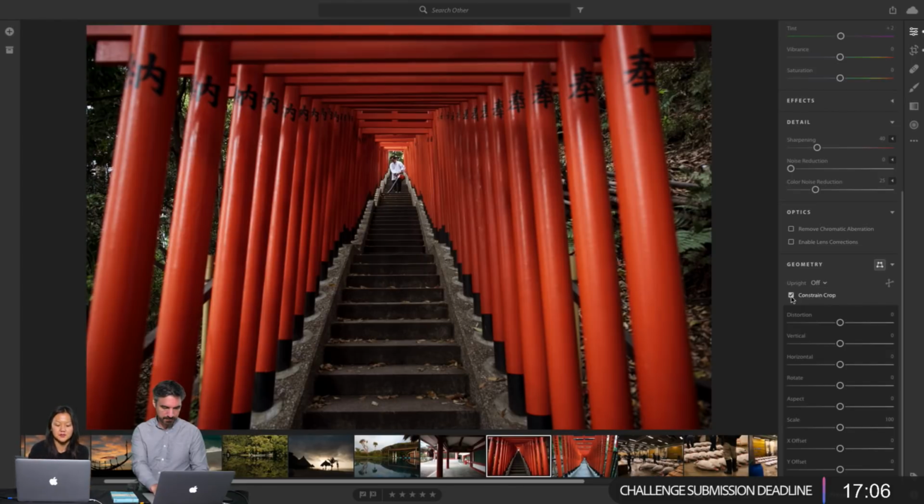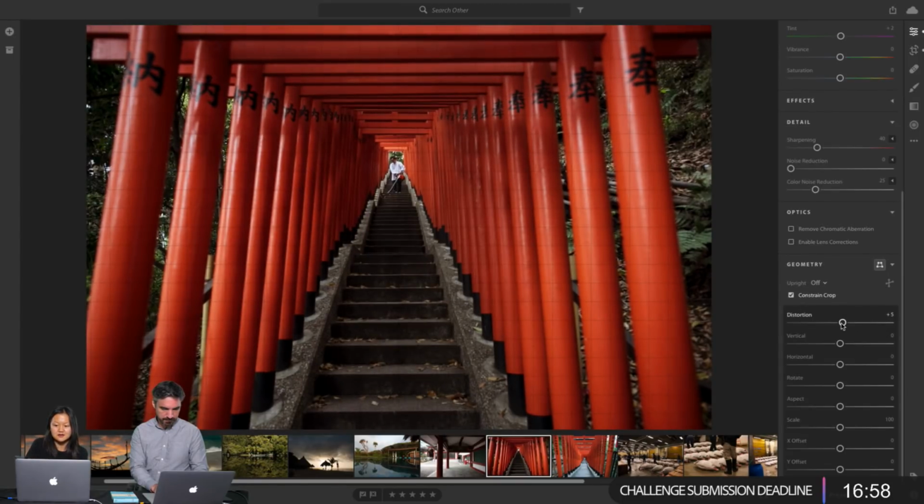It's fairly straight. I'm generally careful about shooting straight, but if I wanted to, I could do things like make a little less barrel distortion, which I kind of like, and then maybe just a slight rotate to get it straighter. But we'll call that done.